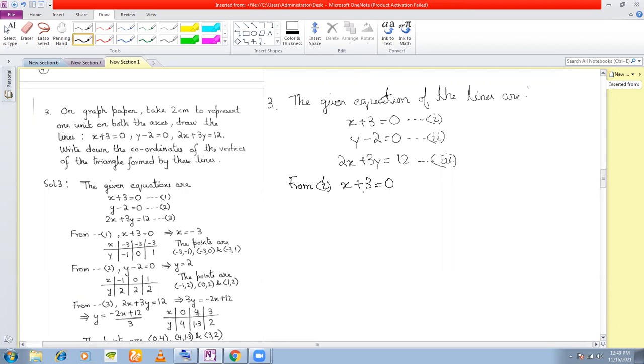So x is equal to 3. Okay, minus x is equal to 3, okay, x is equal to minus 3. Okay. Then what? In all the last problems, we were putting certain values of x, and we were taking out the values of y, isn't it? That is what we were doing. We were making y as a dependent variable, x as the independent variable, isn't it? And we were putting certain values of x to get the values of y.